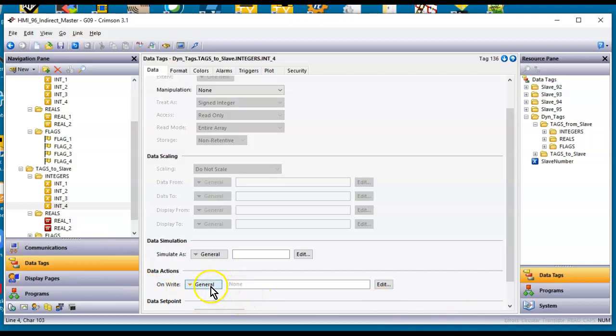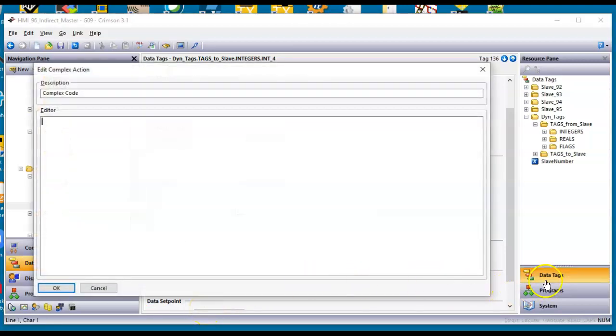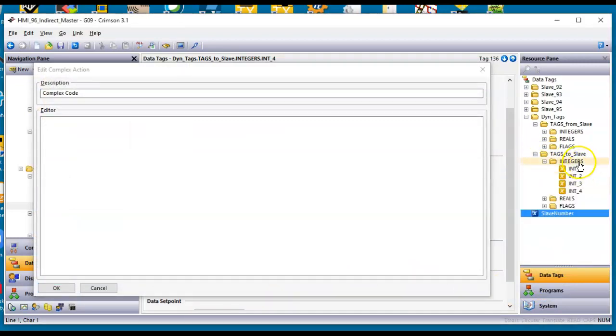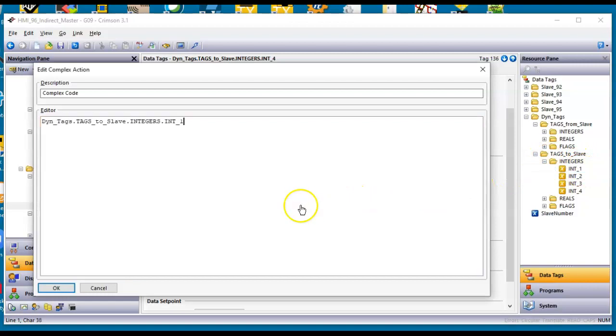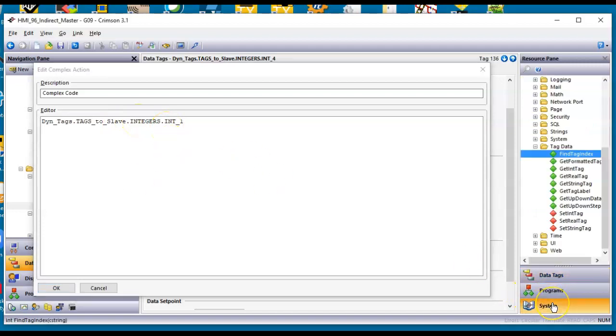So I'm actually going to use the general, go to complex. Again, I'm going to cheat. I'm going to go over here and use this format just by grabbing one of these tags. I can drag it out here. Just lets me see the format. That's all I'm doing there. Okay. And then if I go over here to system,